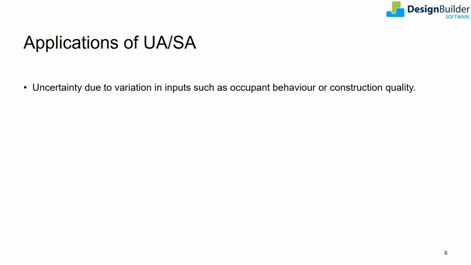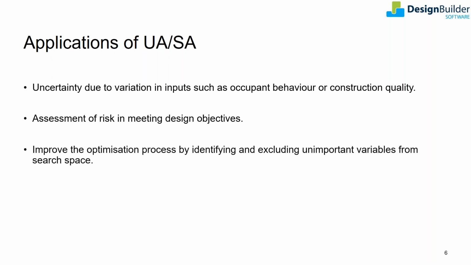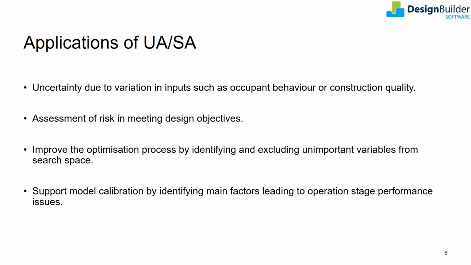Some of the typical applications for uncertainty and sensitivity analysis include quantifying the effect of variation in inputs, such as understanding the effect of occupant behavior on building performance or the impact of poor construction quality. Undertaking probabilistic simulations to assess the risk in the building being able to meet its design performance objectives. Improve the optimization process by identifying and excluding unimportant variables from the search space. Support model calibration by identifying the main factors that lead to